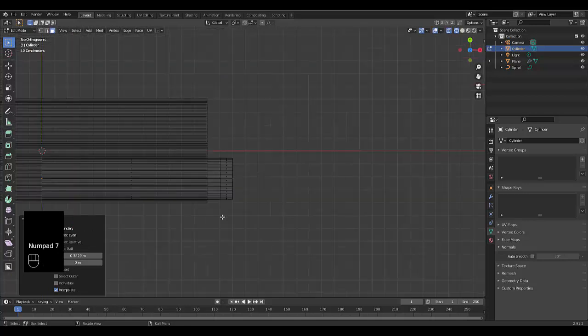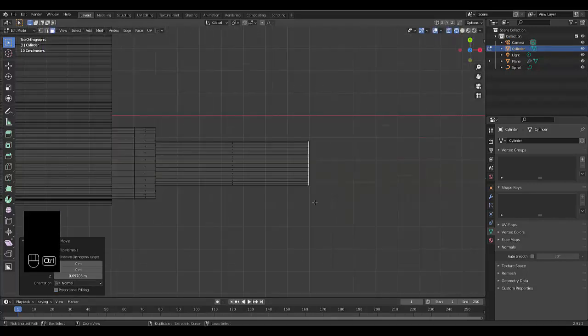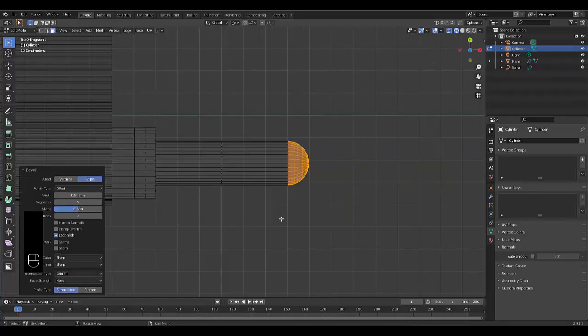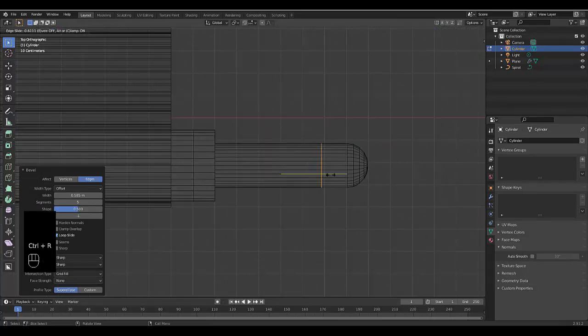Numpad 7, once again we press E to extrude, and we're just going to chuck it out to about there. And we're going to press Control B to bevel, something like that, and then we scroll up with the mouse wheel, and then we press Control R to create a loop cut here, and we click once, and then we bring